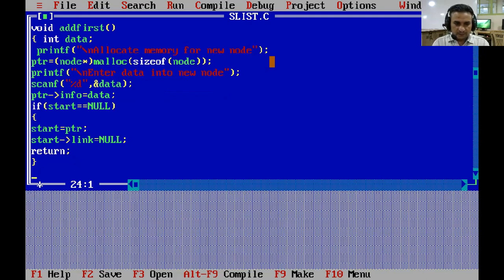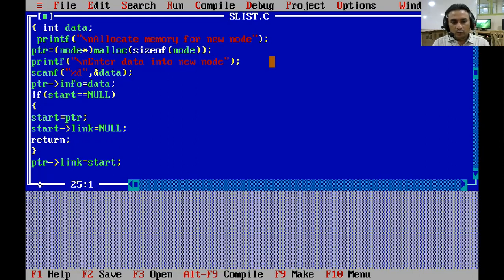In this case, we have to set link part of ptr variable equal to start, because start has the address of first node. So in this line, link part of ptr node has the address of first node.